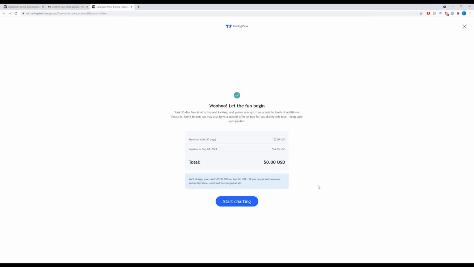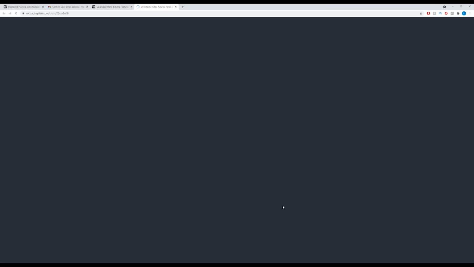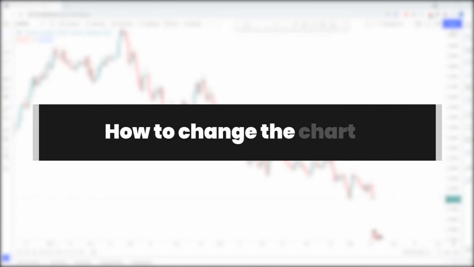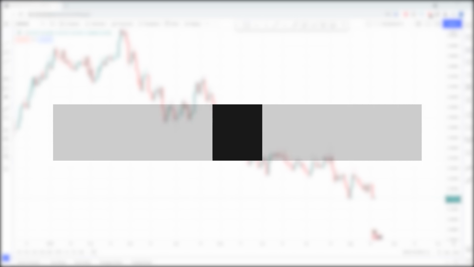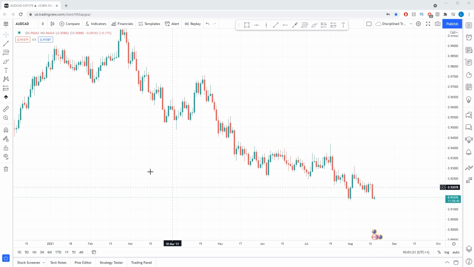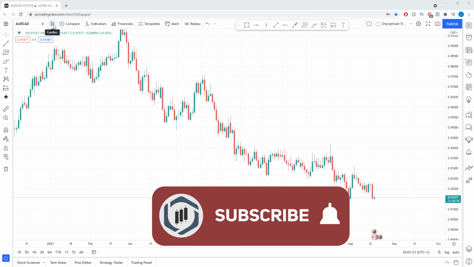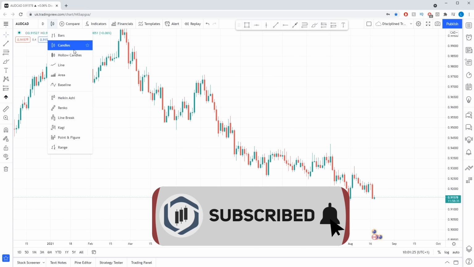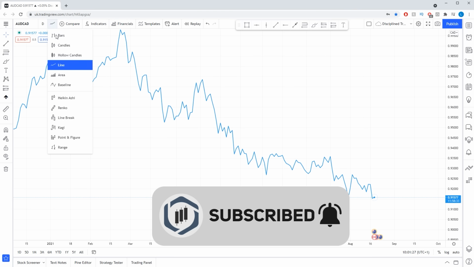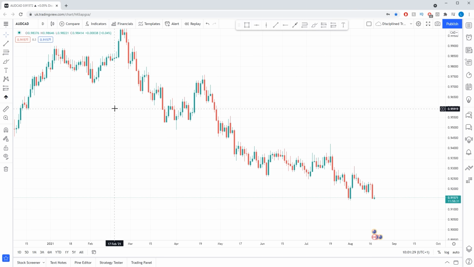Press the Start Charting button and you'll be taken to the chart section of the website using your new trial plan features. By default, the charts load as candlestick charts. If you want to change this, go to the candle icon drop-down menu and select the type of chart you want to see. To change any of the chart settings, including information shown and colour preferences, right-click on the chart